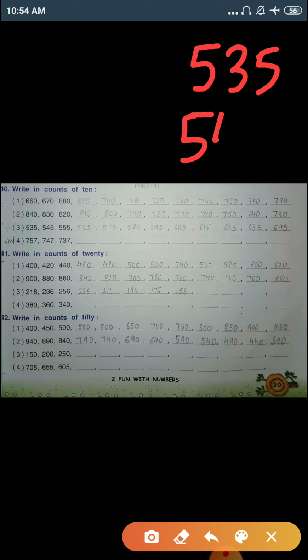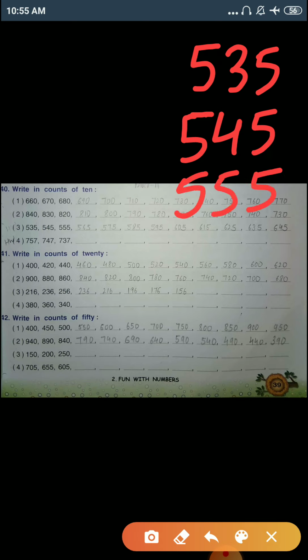For solving these types of sums, you need to concentrate on the pattern given. Now, let's see question number 3. First of all, we are going to see the pattern which is followed in question number 3. So, first I will write 535. After that, 545. After that,